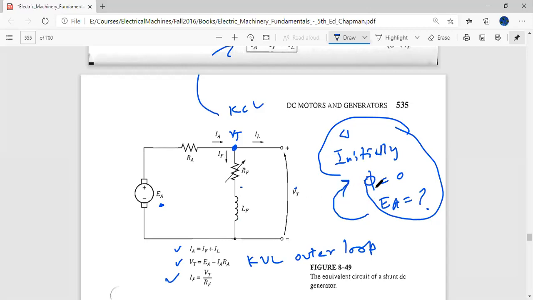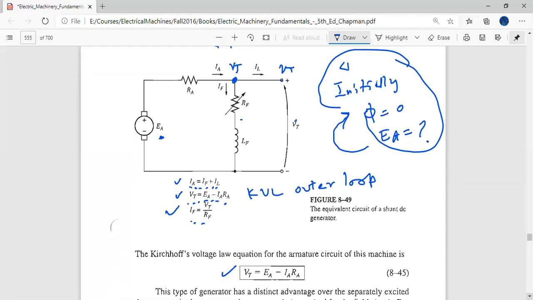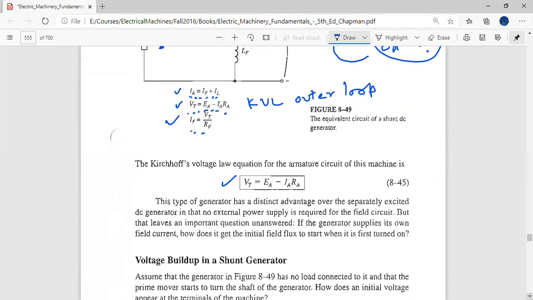So initially there's something called a residual magnetism in the generator. Initially the generator uses that residual magnetism to generate EA, and thereafter it starts to supply to the field as well as the load. This equation is same as previous. This equation comes from the KCL, and IF is simply equal to VT over RF, because the terminal voltage VT is same as over here, because there's no resistance in between. So the voltage here is VT as well as here it is VT. So these three equations are to use and analyze the shunt DC generator,